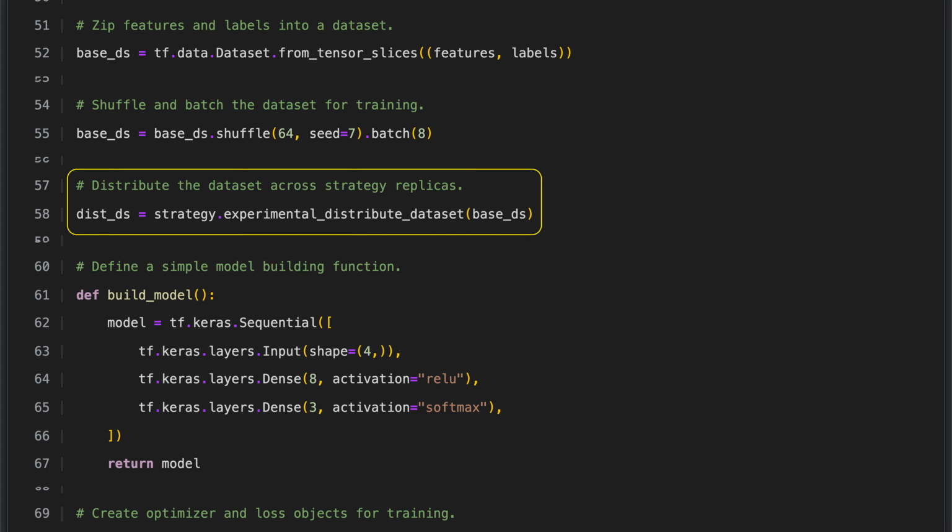The code uses the distribution strategy to split the dataset across multiple replicas or workers, so each one processes only part of the data. By dividing and managing the data this way, the workers can run in parallel. This parallel processing balances the workload across devices and is essential for efficient training in a distributed setup, improving both